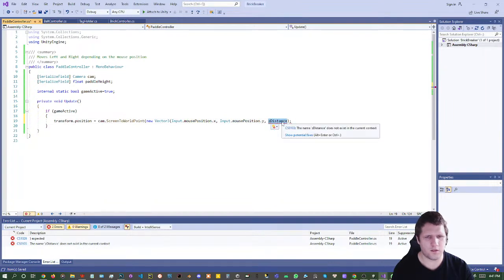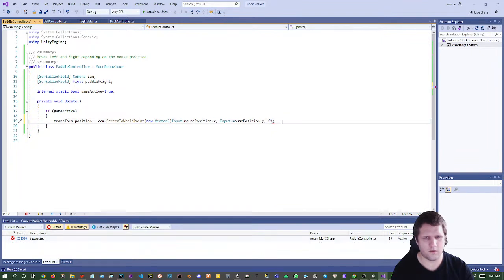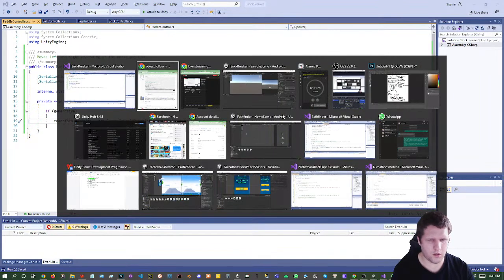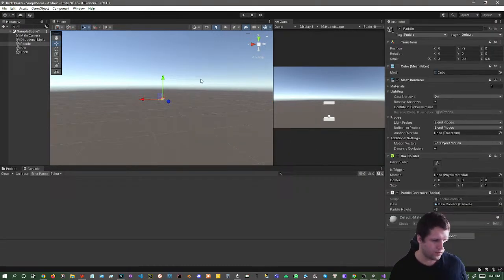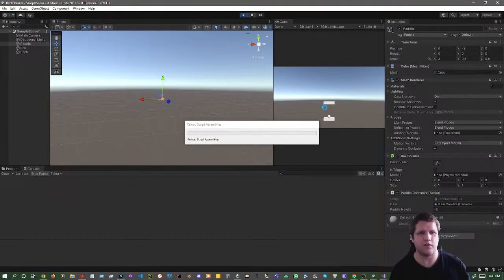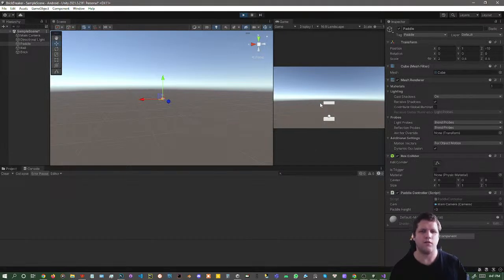And the Z distance will be 0, I believe. Looks like we need an extra bracket there. Okay. Let's see if the quick forum post fixed it. Nope. Still stuck at